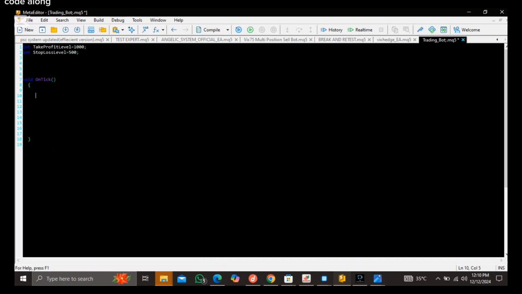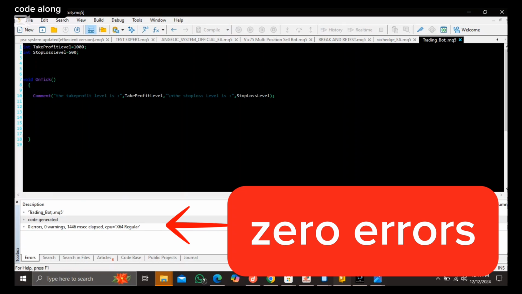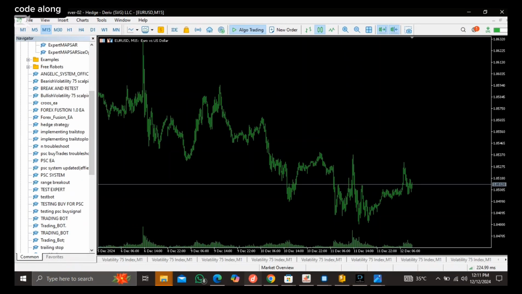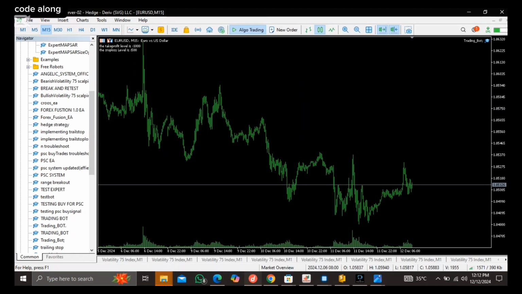Now let's use the Comment function to display the values of our variables. Comment: The take profit level is. The stop loss level is. When we run this code, it will print the values of our variables takeProfitLevel and stopLossLevel to the console. To run the code, first select Compile and make sure there are no errors. Then go to the trading terminal. Plug the bot in from the Navigator section. Allow algo trading. As you can see, the take profit level and stop loss level have been displayed on the